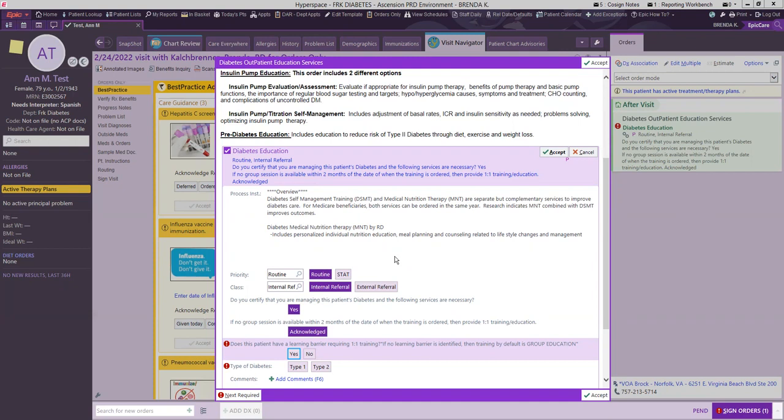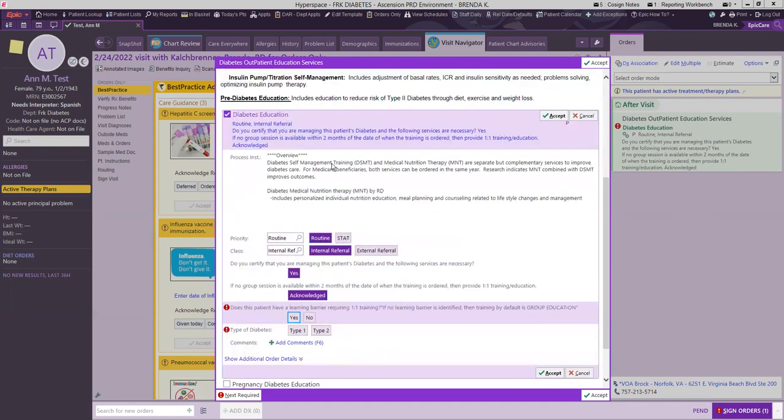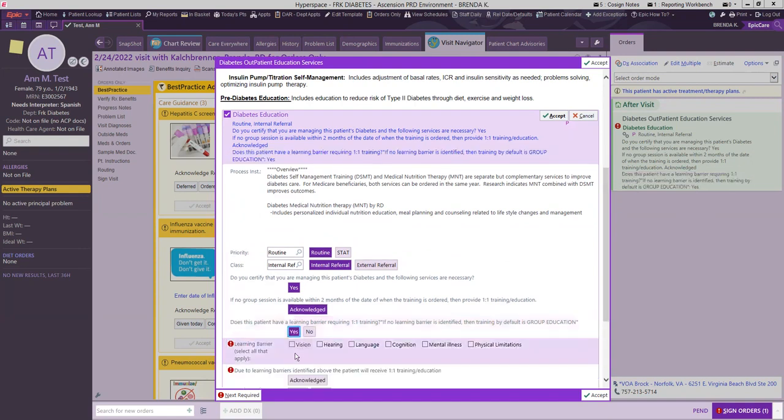nutrition, exercise, medication. So when you pull up the diabetes education order, the first thing that you're going to be asked is if the patient has a barrier to receiving group education. So if you answer yes, then a pop-up is going to ask you to specify the barrier. Obviously if they have vision or hearing issues, or if English is not their primary language, something like that,